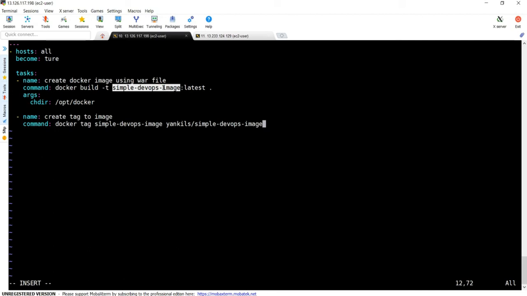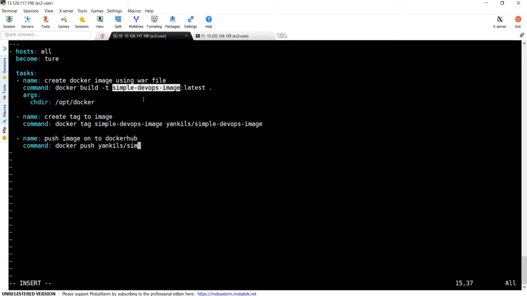Usually you can use variables over here rather than hard coding your user ID or image ID, where we can use Ansible variables. Next, we need to push this image onto Docker Hub. So push image onto Docker Hub, command docker push